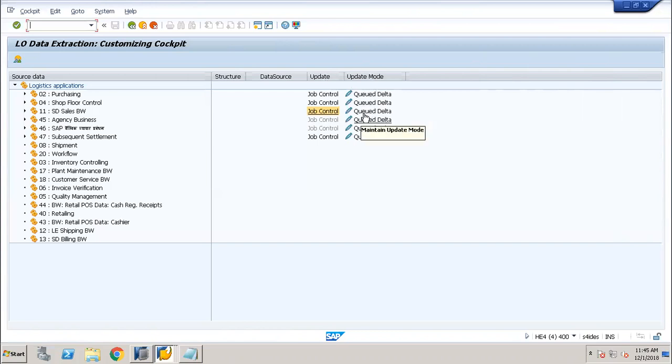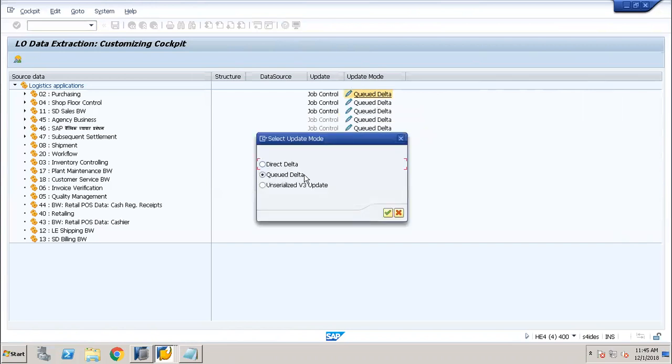So the update mode is, let me show you here. We have a direct delta update, queued delta update, and unserialized V3 update. Okay. So first we will be using only these two for the ODP. One is direct delta update, one is queued delta update. Okay. So if we use a direct delta update, it will directly go to,